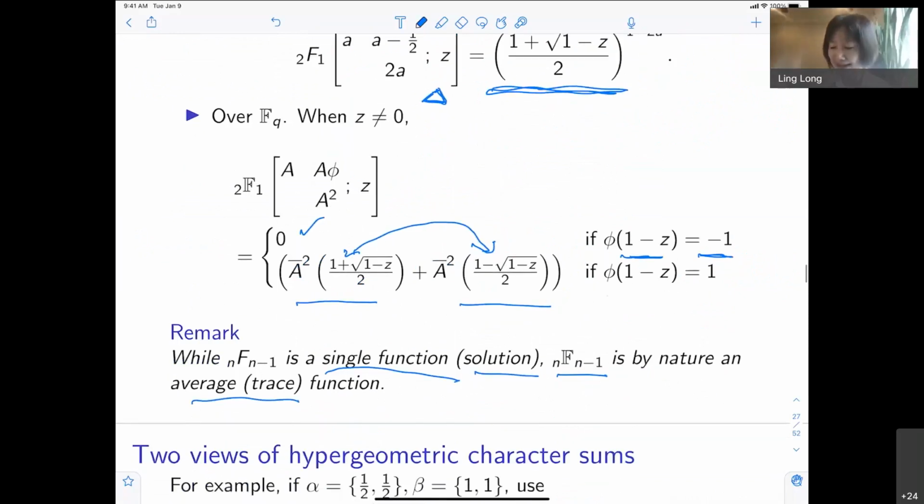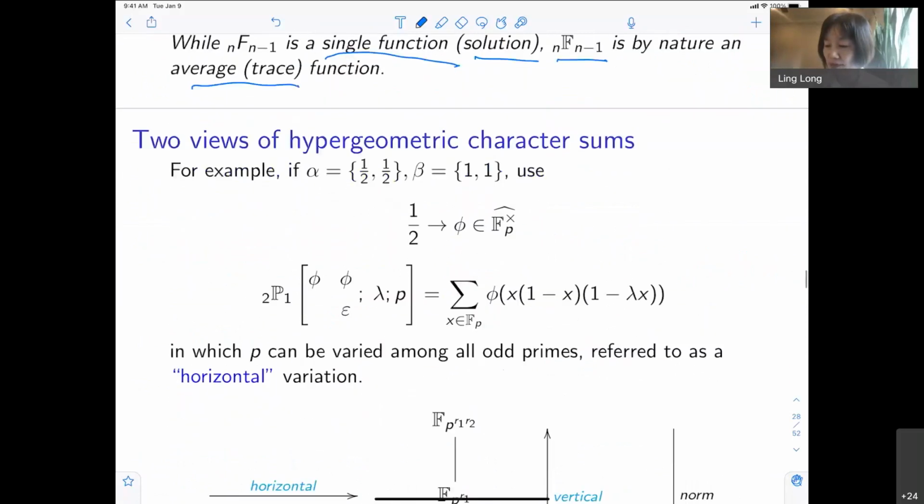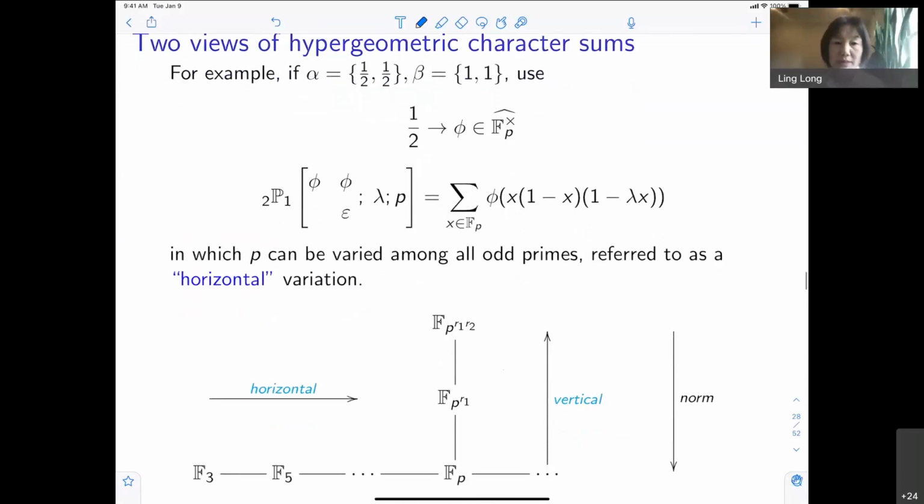All right, before we take a break, I would like to mention there are two views of hypergeometric sums. I will actually put up this picture over here. The two views I'm referring to: there is a horizontal view. For example, if you're doing the calculus style of correspondence, 1/2, which is a rational number, corresponds